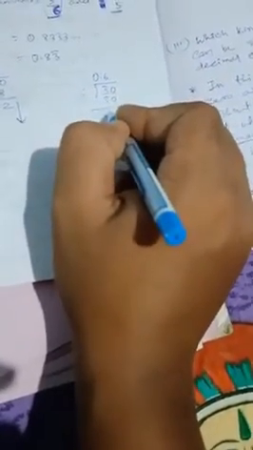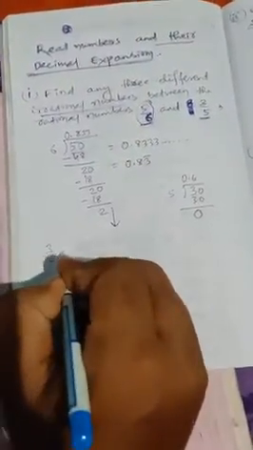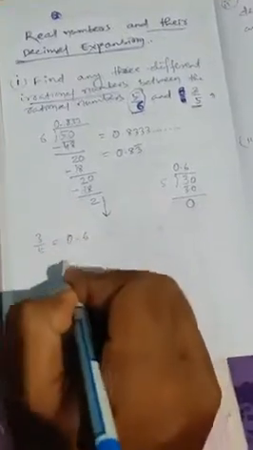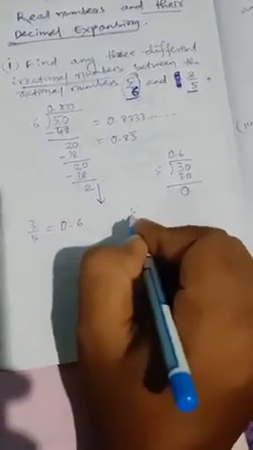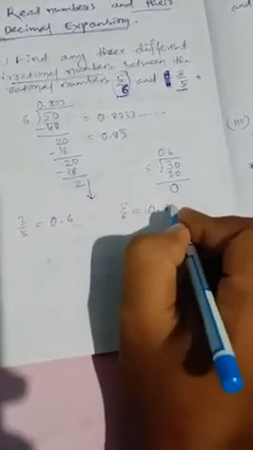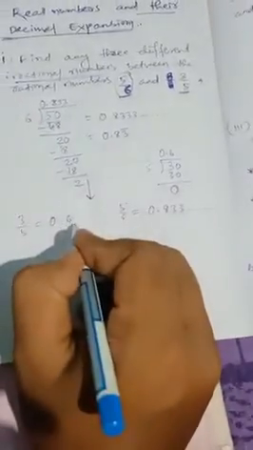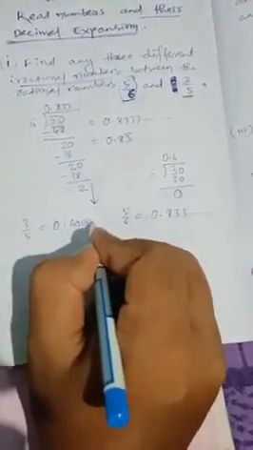Here the division process is terminated. Got it? So students, look at here. 3 by 5 is equal to 0.6 and 5 by 6 is equal to 0.8333... And here we can write also 0.6000...